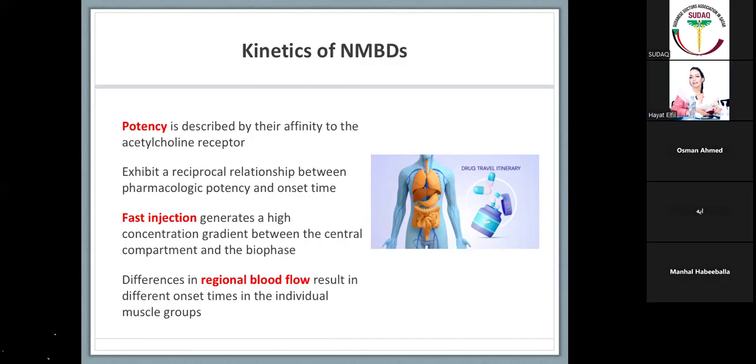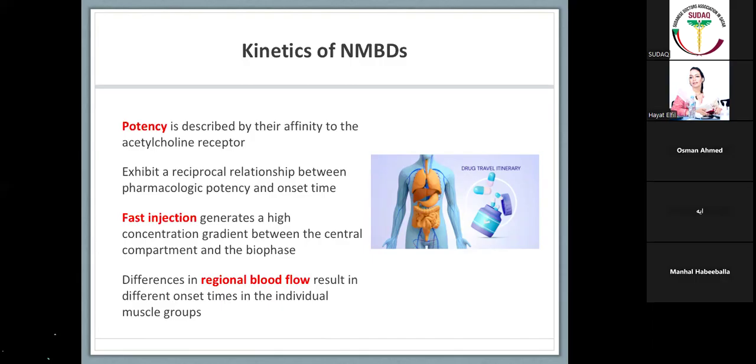That is to say, if a low affinity drug requires a high dose, so it will require a high effective dose 95 to achieve a defined twitch depression or neuromuscular block,